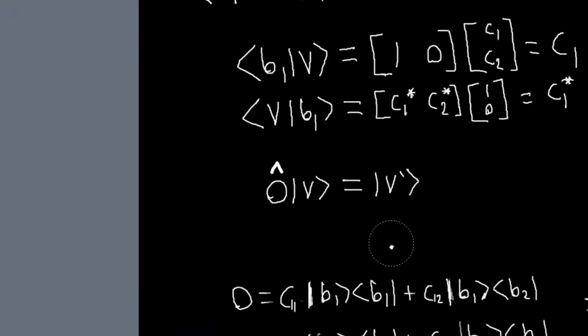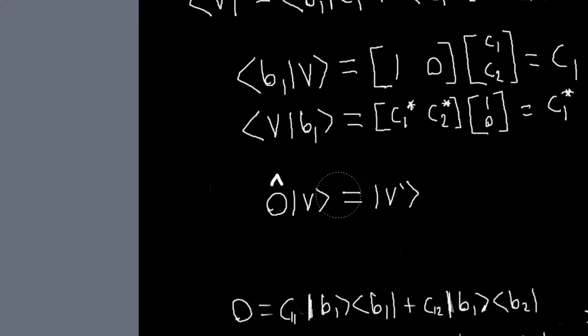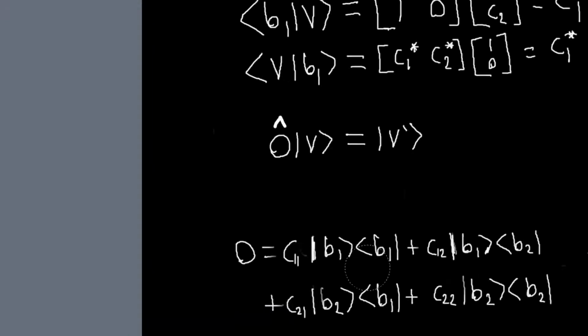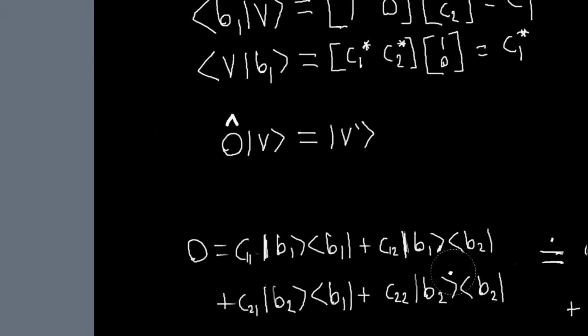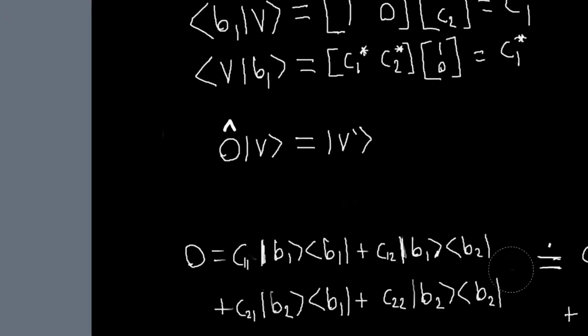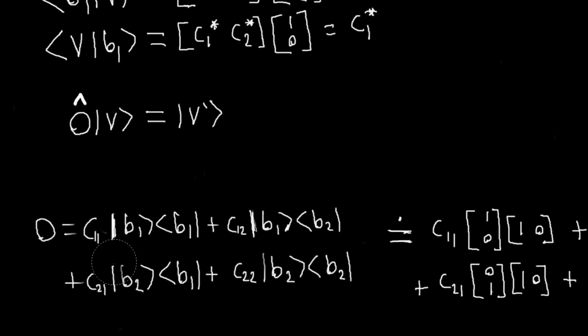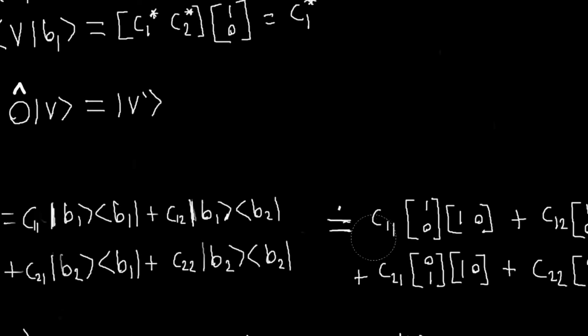So inner product, you do this. Outer product, you do kind of the opposite. And I've got this linear combination here, and just like I represented my vectors by column matrices, I can represent these operators by